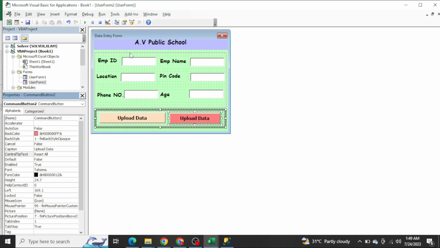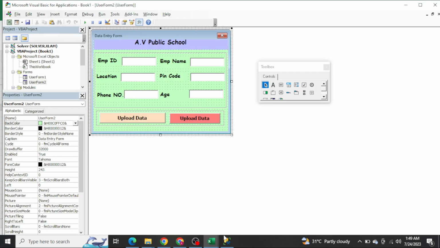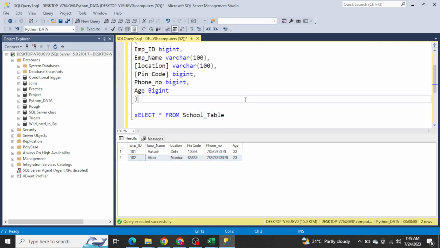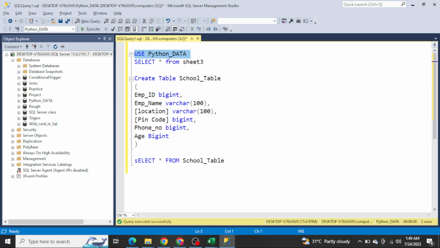Now if I execute this form, yes, it is looking much better. You can see. Now we have created the form. Next, we need to integrate it with the SQL Server. The table which I have created here will remain the same. I will also provide this query in the description box, so you can create it. I have taken this database, and in this database I have created this school table. If I execute,